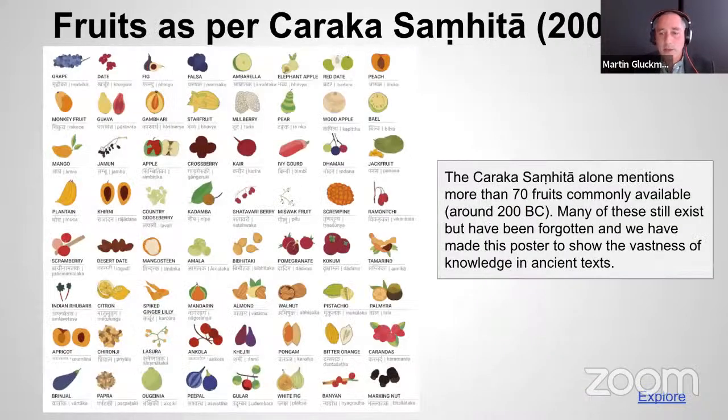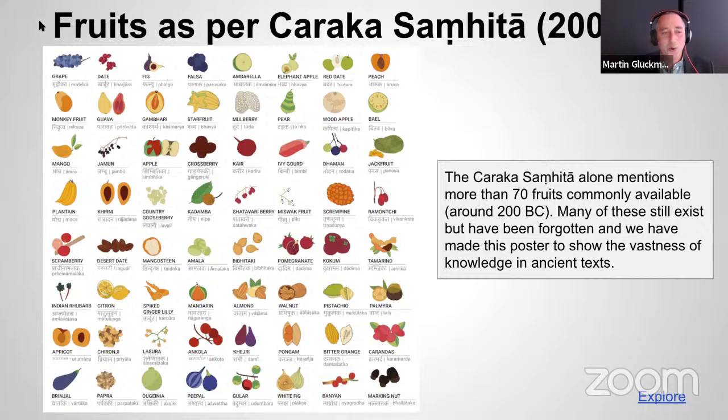We distilled the 70 odd fruits from the Kriti Samhita just for interest's sake, and we just made a visual poster of that. That's also completed recently, and it just allows you to see the incredible, and this is really, when I was mentioning earlier in my talk how Charaka had been the door for me to get into the Sanskrit world. Just look at this, like 70 fruits. Like if we walk around India today, we don't encounter these 70 fruits so easily. We will see maybe 5 to 10 to 15. So it just makes you wonder how rich and detailed and deep the civilization was,